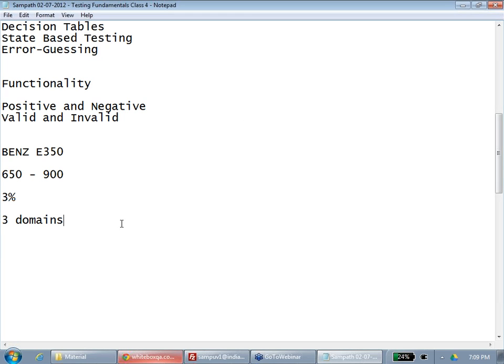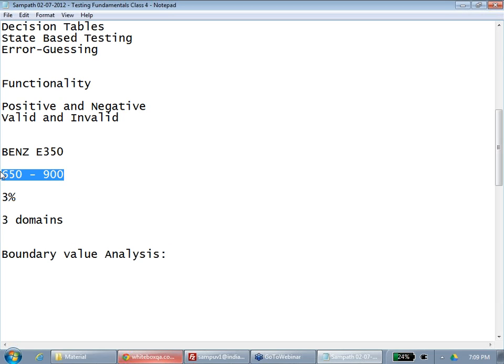Clear? Okay. Next is boundary value analysis. What is the boundary for this functionality? What is the lower boundary?